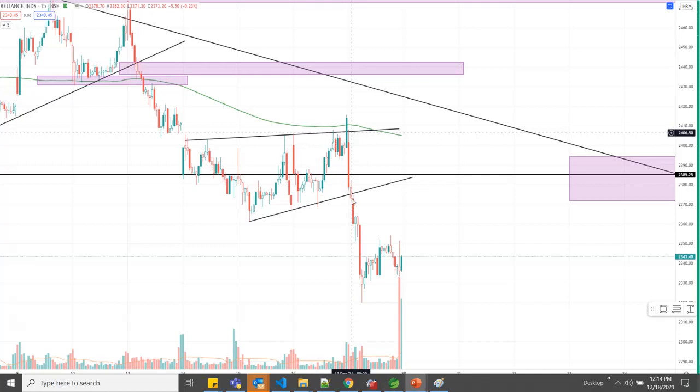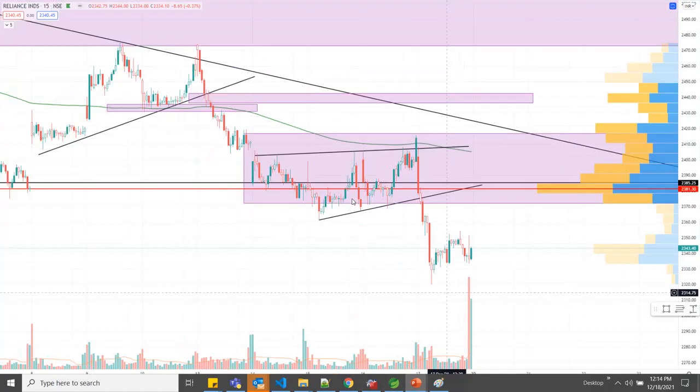Let us see if we apply a volume profile on this chart, how we can prevent taking such trades. As you see, once a volume profile indicator is applied, you can see price never breached out of the high volume node. So as long as price is in this zone, you should not trade on the buy side. Once the price moves away from this high volume node, you can see price moving very swiftly.